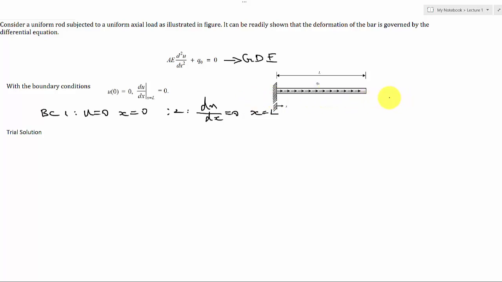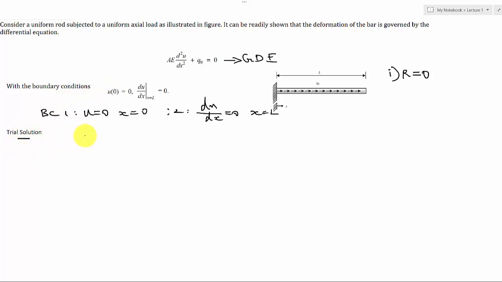So we know that according to the weighted residual method we have four types, and the first type is the point collocation method, and according to the point collocation method the residual is equal to 0. So here in the problem the method is not specified, so we can follow the first method, that is the point collocation method. So the first step is to calculate the residual. To calculate the residual we must assume a trial solution. So first is assumption of trial solution.